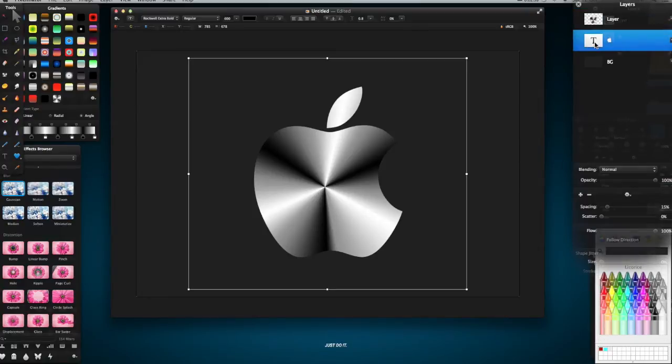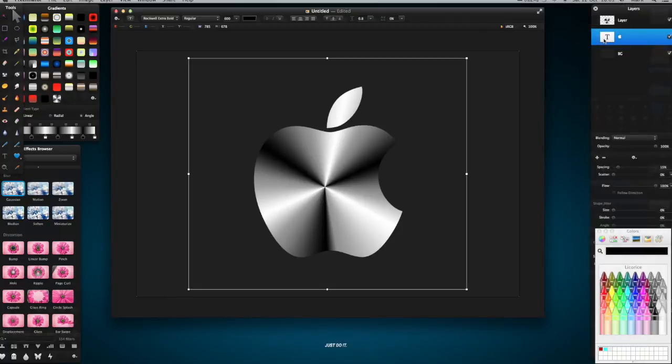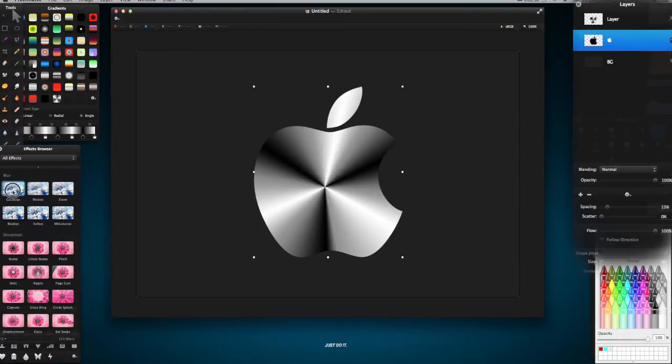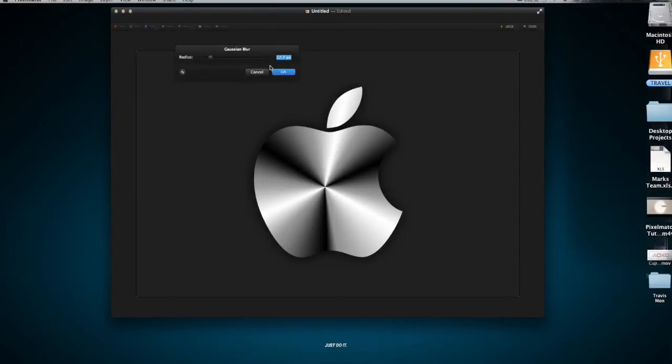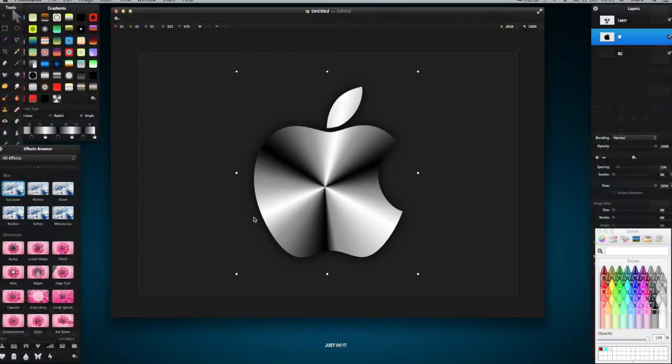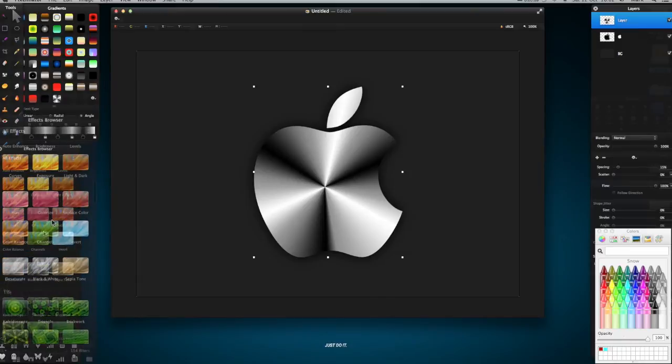Right, before we improve on it, I want to make it stand out a little bit. The way to do it is use this background Apple logo here, right click, convert into pixels, go to our effects browser, drag our Gaussian blur onto there, and that looks alright, sort of 18-19 pixels, and click OK. It gives you this blur around the outside that gives it the effect that it's sticking off the canvas a little bit. So let's improve this metal look, and the way we do that is